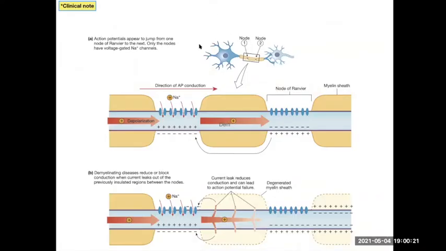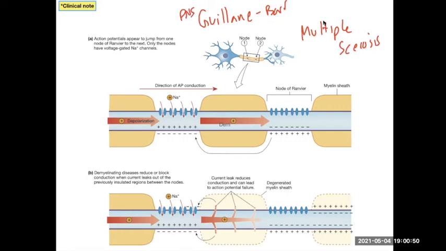So I'll also mention, I think if this is in your slides, a couple of well-known diseases, Guillain-Barré syndrome, I think it's spelled like that, and multiple sclerosis. This is happening in your PNS, by the way. This is happening in your CNS. And there's other demyelinating diseases, but you got all this current leakage because your myelin,